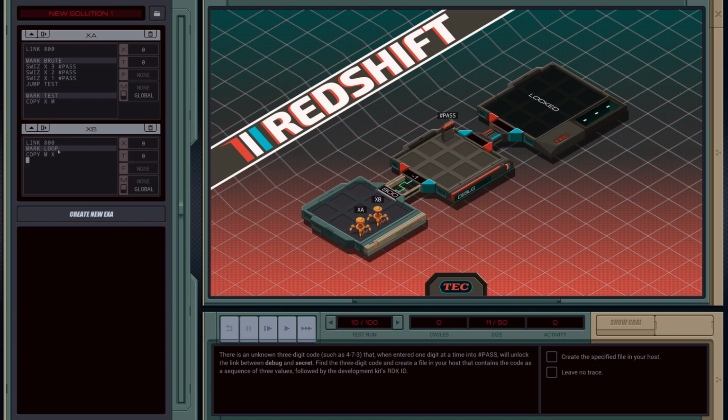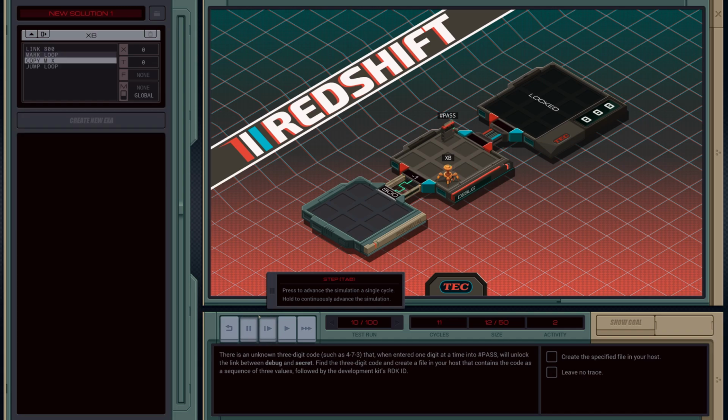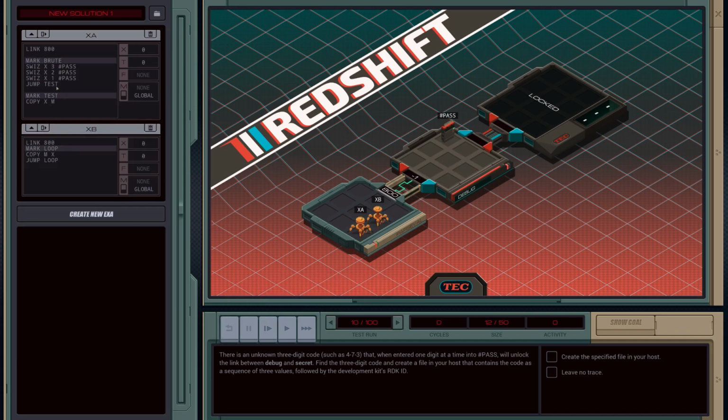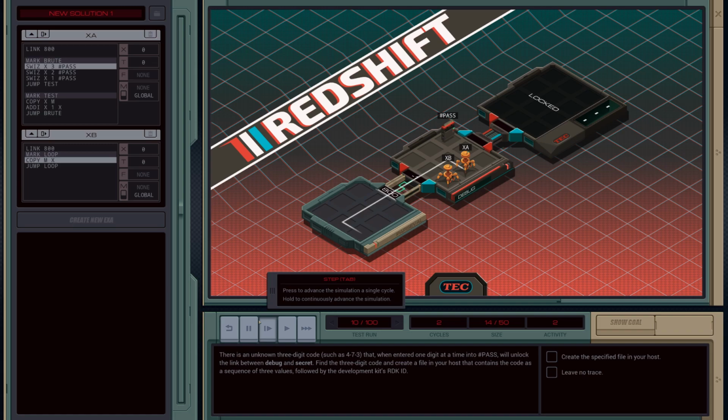We'll just finish this loop off. Just jump back to loop. Oh, I need to increment. Okay, we'll jump back to brute. So this will just increment the x value and then pass the x value through. So this should